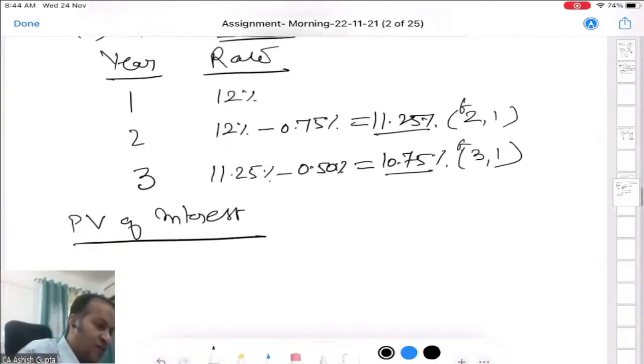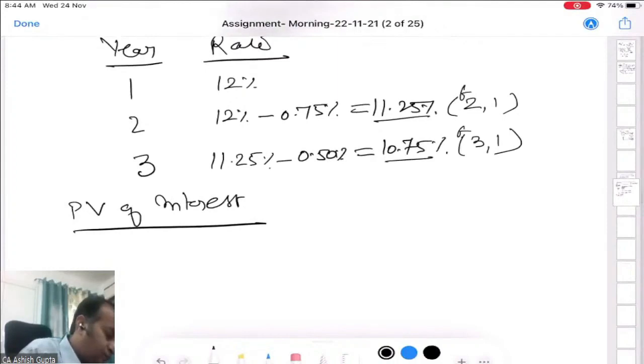So first of all, we find the value of interest, and then we shall find the value of overall maturity. For the first year, for the second year,